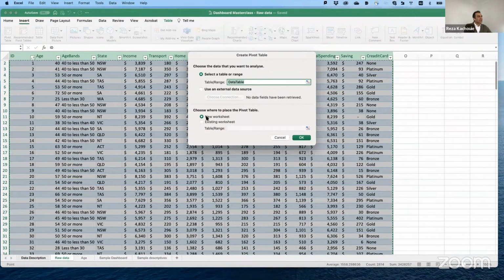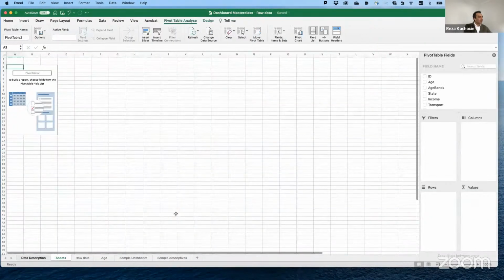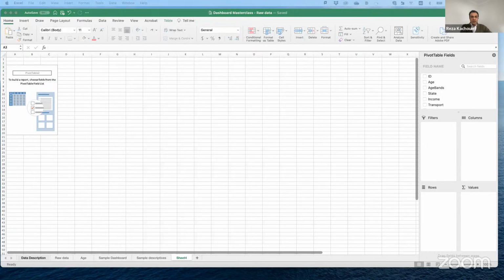We are saying create it in a new worksheet. Again, very good. It gives us an empty sheet with our pivot table in the corner. Depending on what you want to create first, we need to name our sheet and go from there.